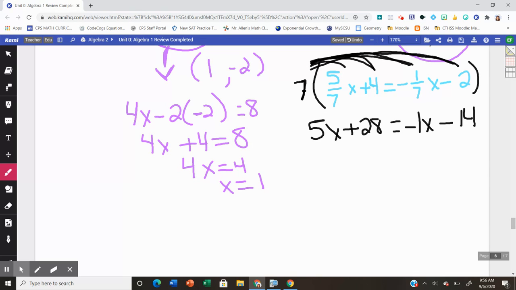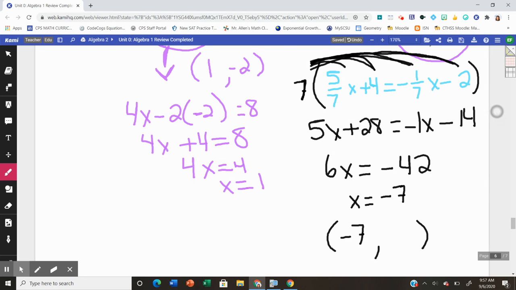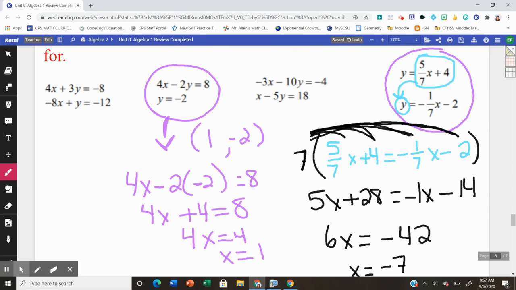In order to solve from here, I'm going to choose to add 1x to both sides. So it gets me 6x. I will choose to subtract 28 from both sides, which is going to give me 20, 30, 42. So when I solve here, I get that x, when I divide both sides by 6, is going to give me negative 7. So I know when I start writing my answer that negative 7 is going to be the x value. And now I could plug in negative 7 into either equation for x to figure out the value of